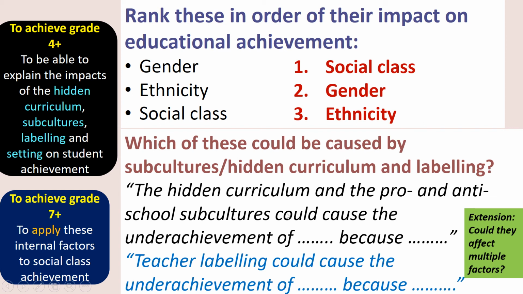Maybe you wrote something about how students of a working class background might find the hidden curriculum doesn't fit with the norms and values they're used to at home, so they're more likely to identify anti-school subcultures. If you remember the research from Paul Willis, this is exactly what he found amongst those working class students. But note those working class students were also the boys. Maybe it's the boys who are more likely to have an anti-school subculture, to say, hey, being macho, being tough, working with your hands, that's good, and working with your brains is bad.